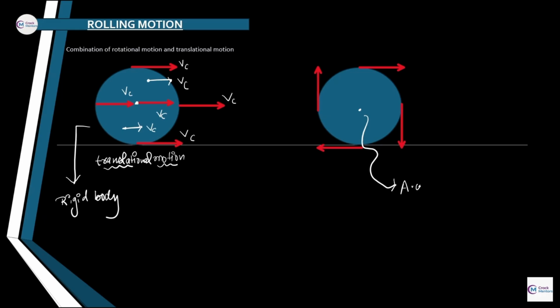Now let us talk about what rotational motion is. Rotational motion is nothing but when a body rotates about a fixed axis, which is called the axis of rotation. I have drawn the axis of rotation. This axis of rotation is along the z axis, and the body is moving in the xy plane. So now let us talk about what rotational motion actually is.